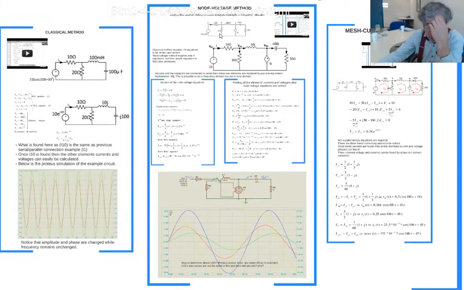We have an example circuit here. We are going to examine the method on an example. This example is a bit different from the previous classical method example. The difference is there is a dependent source in it. So when there is a dependent source in it, you've got to be a bit careful. Where you should be careful, I will be explaining in detail later on. And also we will be examining the Proteus result of the same circuit, so you can compare your calculation results with the simulation results.